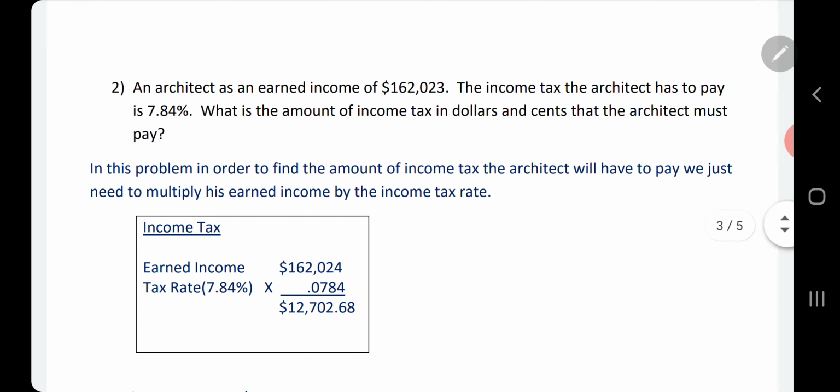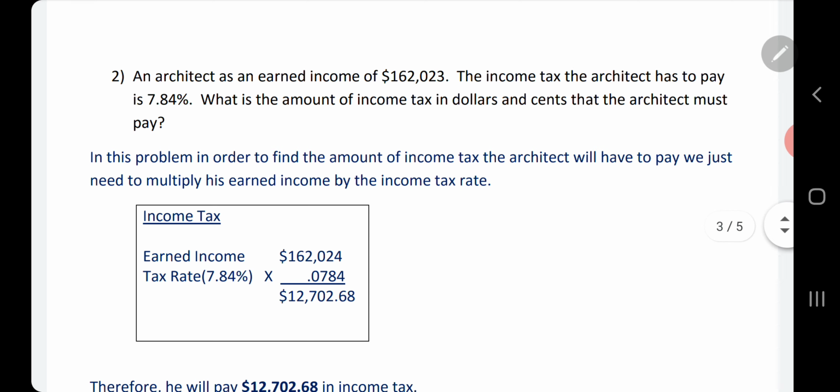Well, in this problem, in order to get our answer, all we got to do is take his earned income and multiply it by the income tax rate. So we'll take our earned income of $162,024 and multiply it by the tax rate of 7.84%. Once again, just take that decimal and move it two places to the left, or take 7.84 and divide it by 100, and you get 0.0784. Now when we multiply those two numbers together, we get